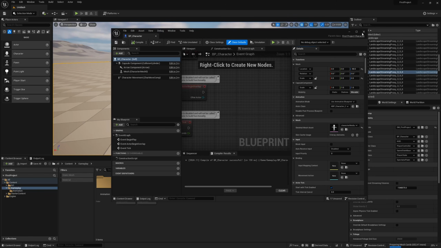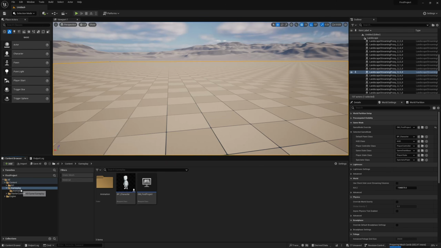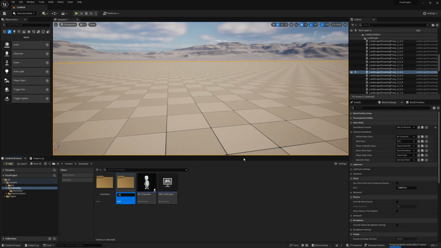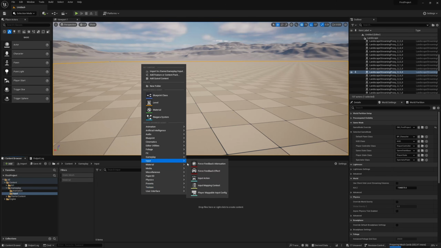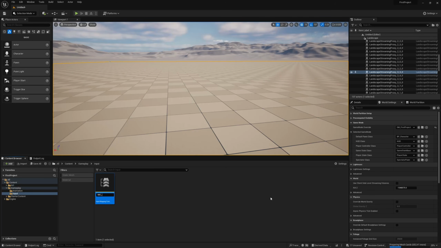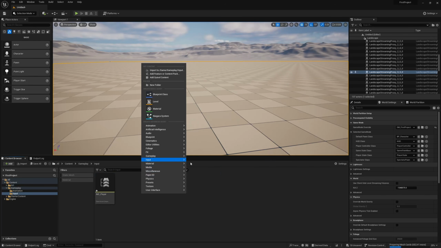We need to now create the input mapping context asset and the movement action asset. So to do this, go to gameplay. I'm going to create a new folder called input. Right click and then go to input, input mapping context. I'm going to call this IMC_player. And then we're going to also right click, input, and then we're going to call this